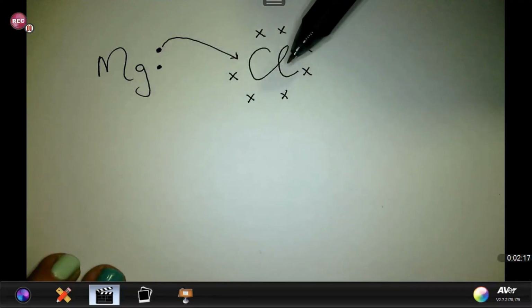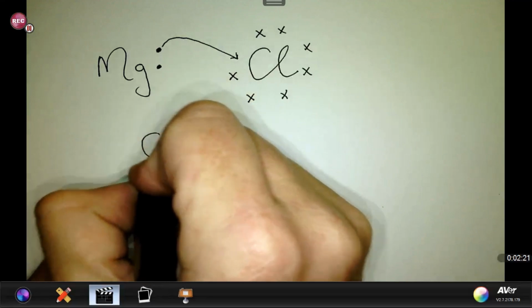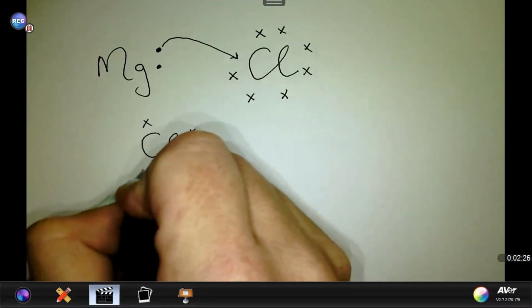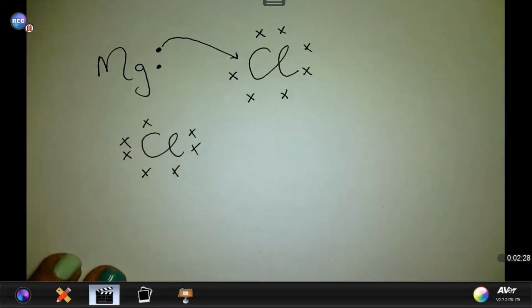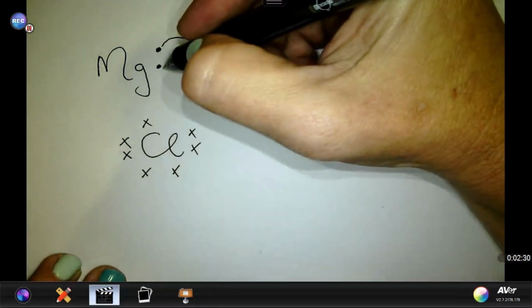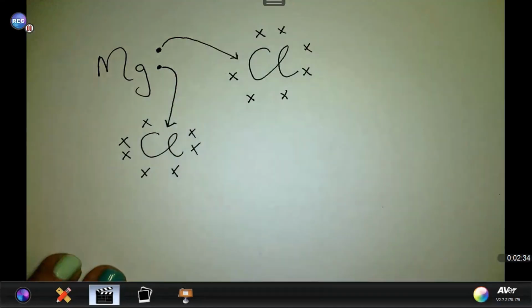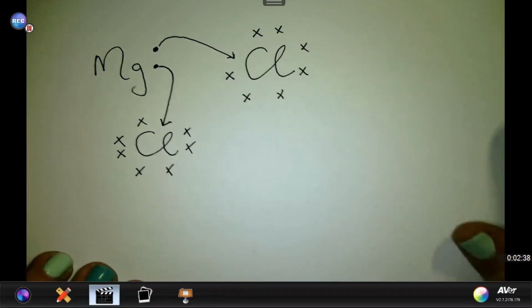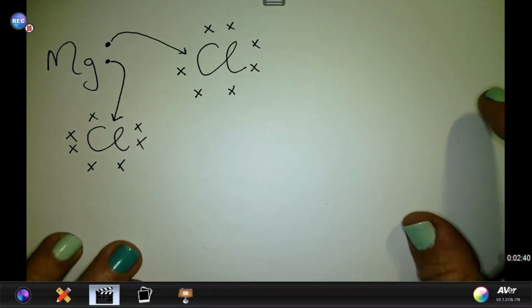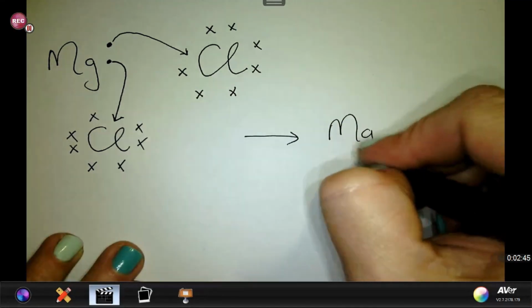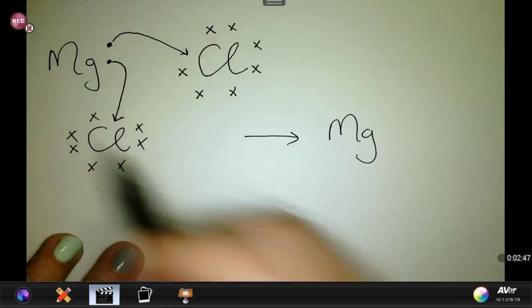And so here, chlorine has to phone a friend. And chlorine asks another chlorine atom with its 7 valence electrons. And now that gives magnesium the option of donating the other valence electron to the other chlorine atom. And that is why magnesium chloride is Mg, 1 magnesium, and